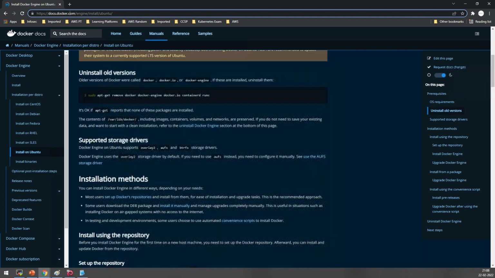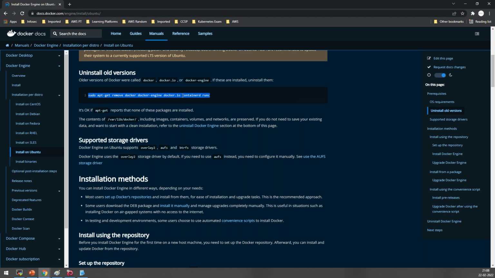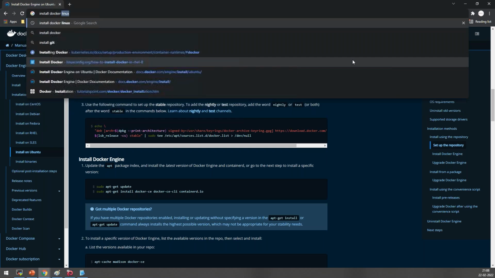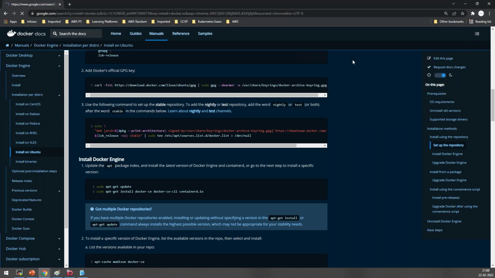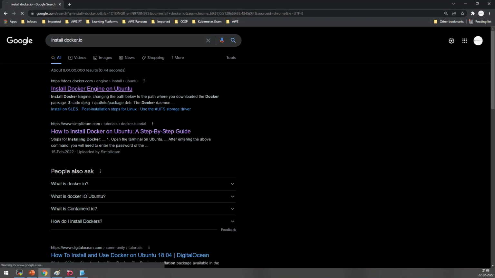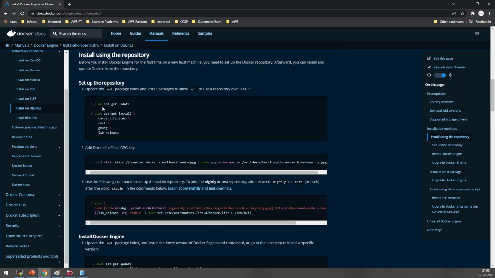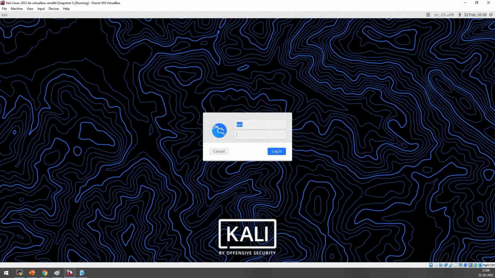Before you install Docker, the key thing is that if you have any previous versions of Docker installed, it's very challenging because you will find a lot of errors. To avoid that, you have to remove anything already installed. And if nothing is there, you can type install docker.io. It's a basic tool, that's all. Very simple, team. All you have to do is go to the Linux machine. If you want to see if Docker is already installed, let me show you, please wait.